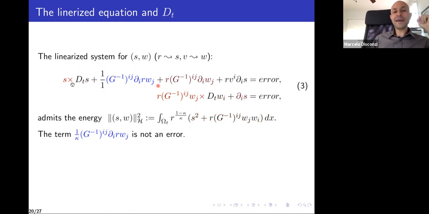However, when you do this multiplication, you get some cross terms. You have here S times this term, and here you have W times this term. So these cross terms, you have to deal with them. So the first observation is that this cross term here involves R and G. That's why when you multiply the W equation, you don't multiply only by W, you multiply by W weighted by R and G. But more importantly, you need to cancel out these cross terms to control your energy. Otherwise you cannot close your estimate.